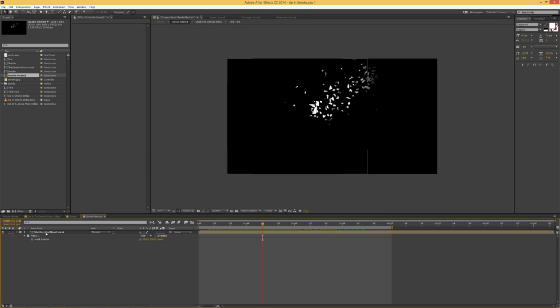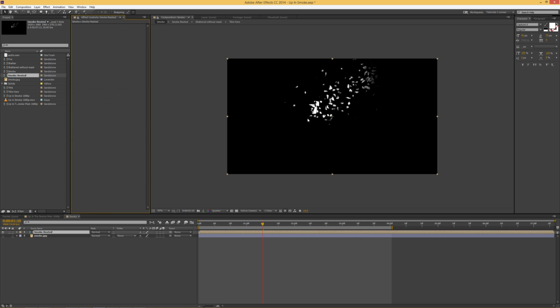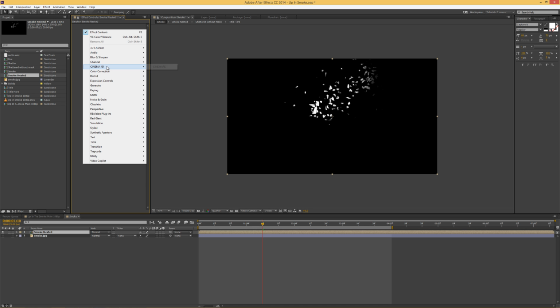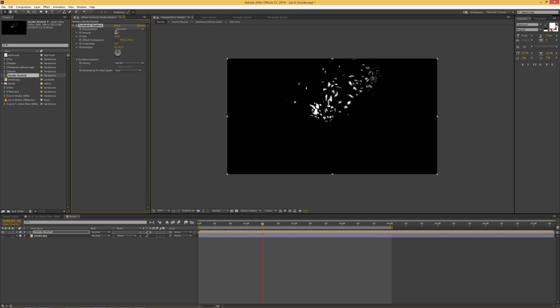So we'll open again and we have this with the mask. So now we will close this, and on the smoke composition we will select everything on effect control window and delete it. So we have clean shatter effect. Now we will have to apply several effects again. We will go first to the distort and go to turbulent displace, set the amount